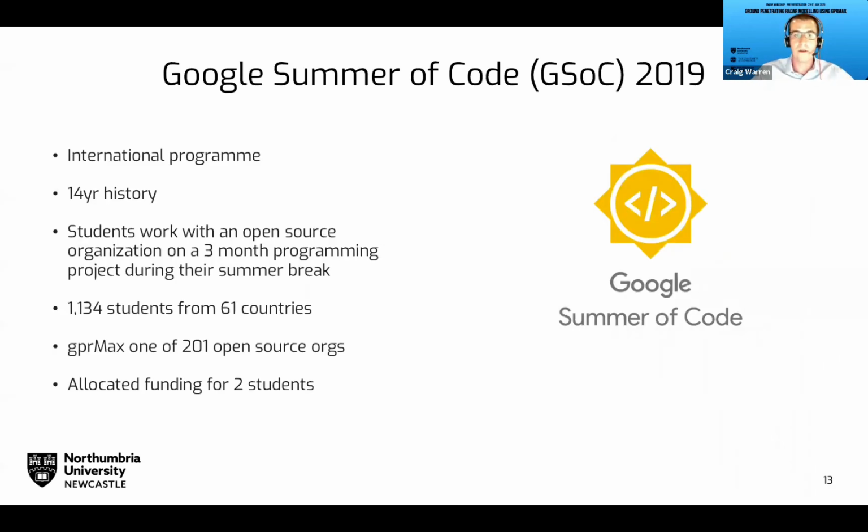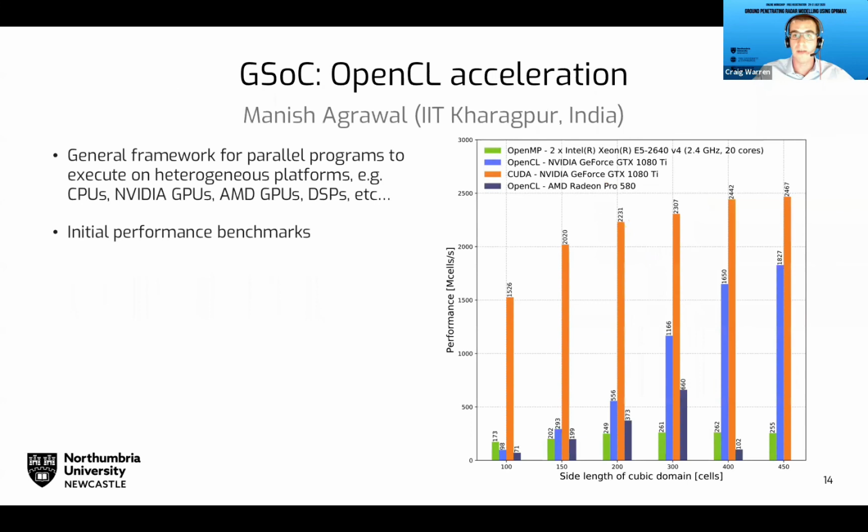What I wanted to just quickly mention, and I touched on it before, is some work we've started to do developing an OpenCL version. And that work came about through our participation in Google Summer of Code last year. So we had funding for a couple of students. One of them was John, who worked on the subgridding that we talked about yesterday, and the other was Manish, who worked on developing the OpenCL acceleration. So we haven't done a lot of benchmarking on this yet,